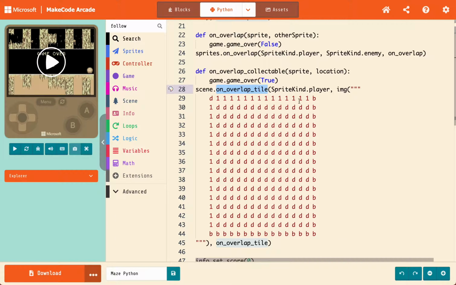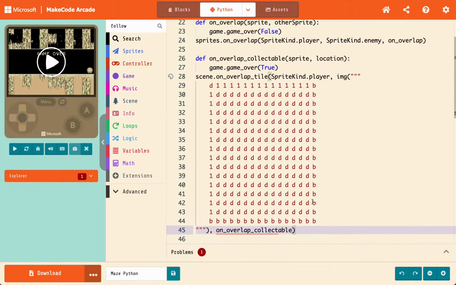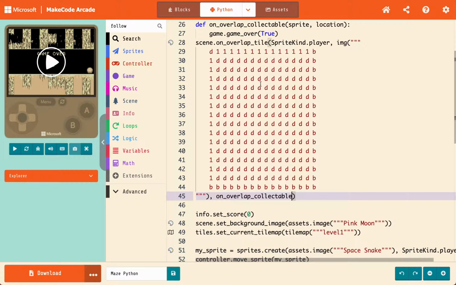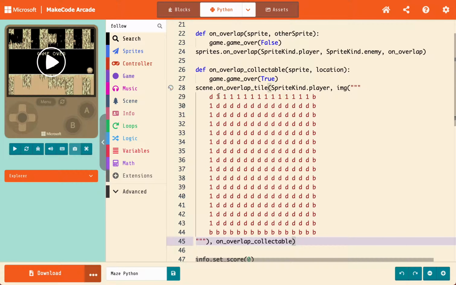However, at the end of this, when it says sprite kind player, the particular image of the tile, and on overlap tile, we need to change this tile to also be collectible, because this is where it calls this function. So our new definition says on overlap of collectible of a certain sprite at a certain location. We run this code,